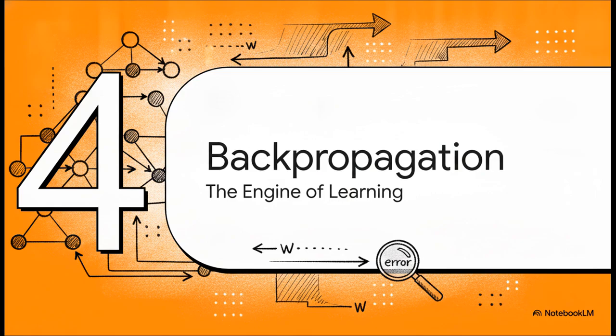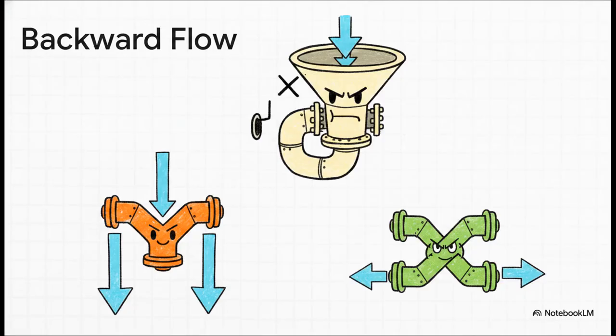Section 4, backpropagation. The engine. But here's the thing, just making a prediction isn't learning. Real learning only happens when we figure out our mistakes and correct them. And that introduces us to the true hero of this entire explainer,